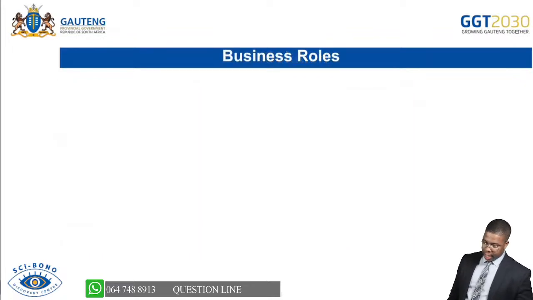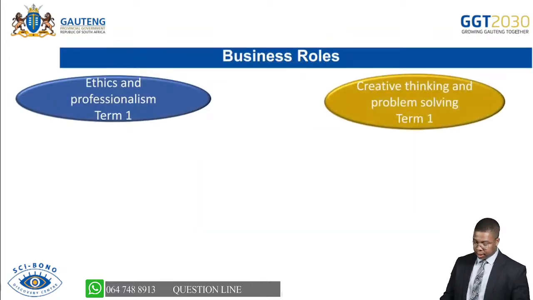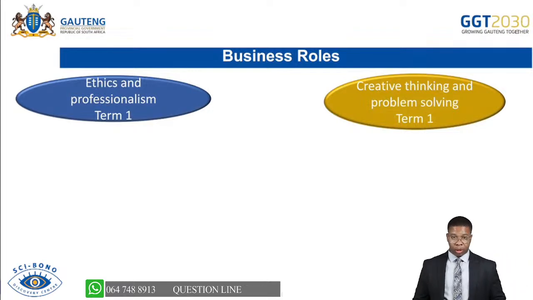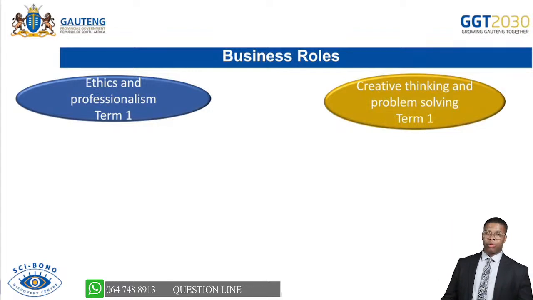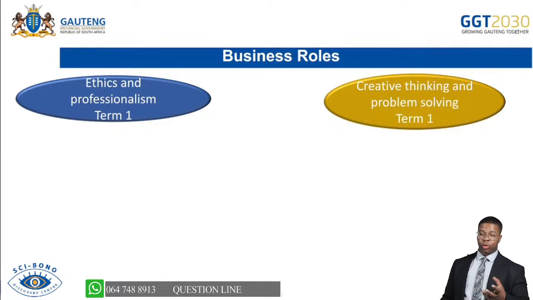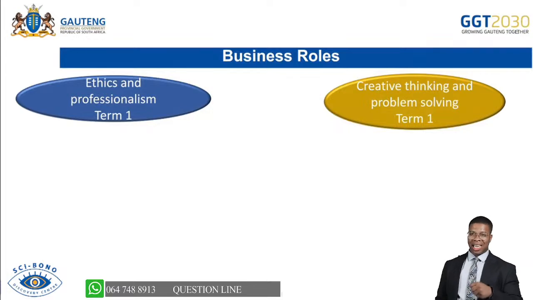Then we start with business roles. With business roles, we have two subtopics to look into. We have ethics and professionalism, which talks about behaving ethically, and creative thinking and problem solving, which talks about the role of the business in trying to achieve creative thinking and solving problems. Then ethics and professionalism talks to the role of the business in making sure that they behave ethically and